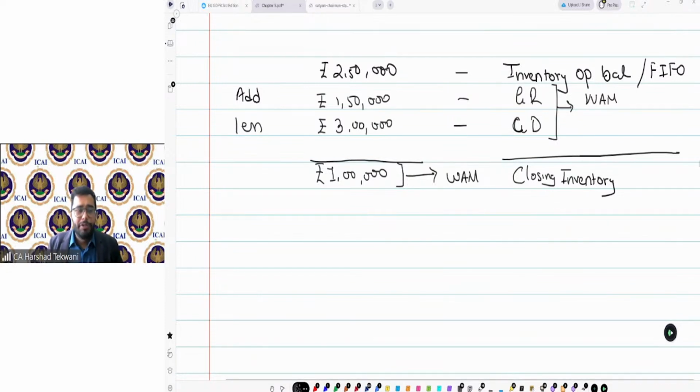Now I have an opening of 250 and a closing of 1, but with different accounting policies, one where I have FIFO, second where I have weighted average. This is not appropriate because it will give me an issue in consistency and comparability, and this is not in accordance with the applicable financial reporting framework.